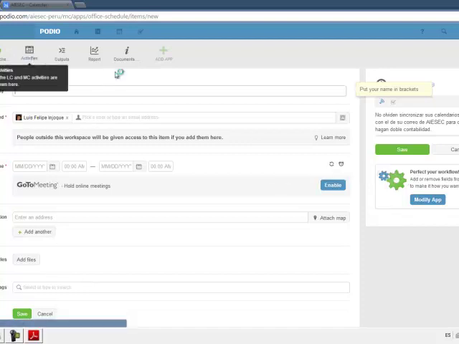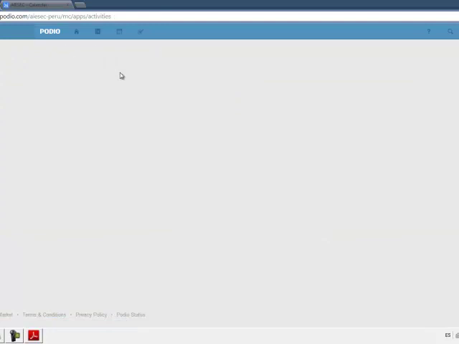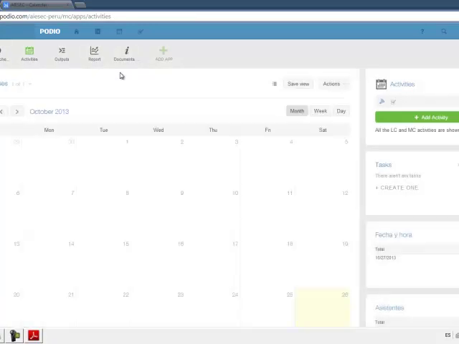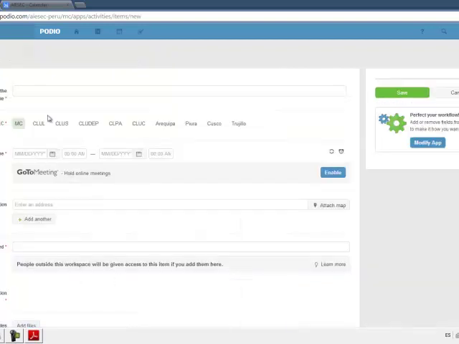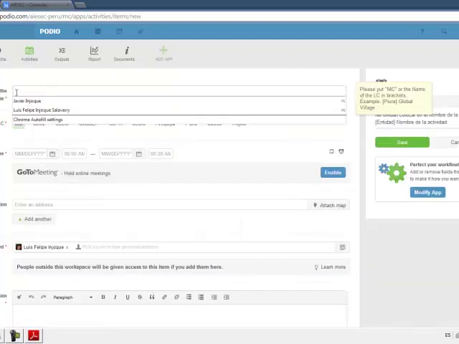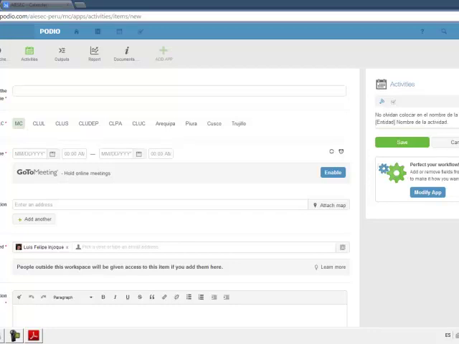Now let's go to activities. The idea is this is another calendar that will hold all the activities from the LCs and the MC. For example, let's add an activity. You also have to put in brackets the name of the activity or the name of the LC. For example, let's say Pura elections or EV elections,